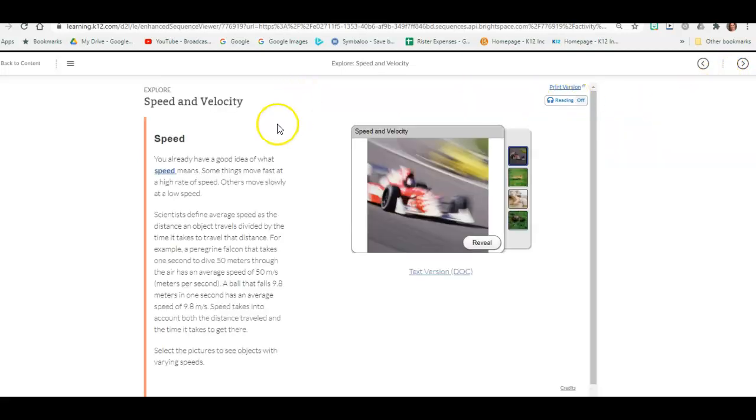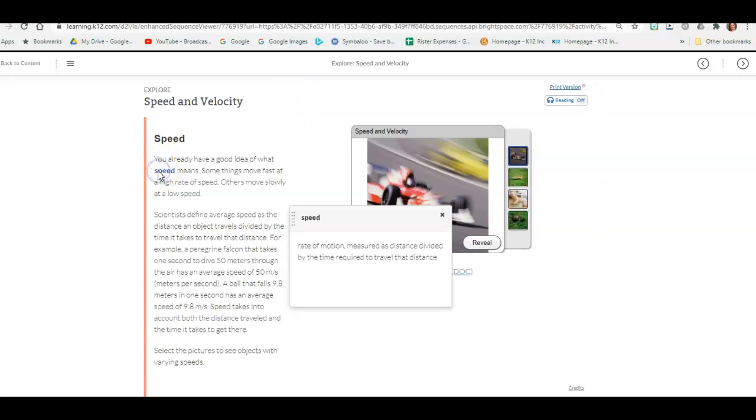So we already have a good idea of what speed means. And remember, you want this definition in your notes. It's a rate of motion measured as distance divided by time. And that is the distance divided by the time required to travel that distance. So I encourage you to write down the formula for speed. Distance over time, we measure distance in meters and time in seconds,